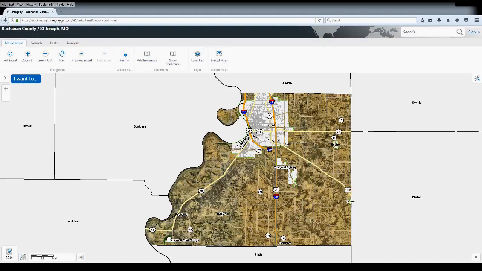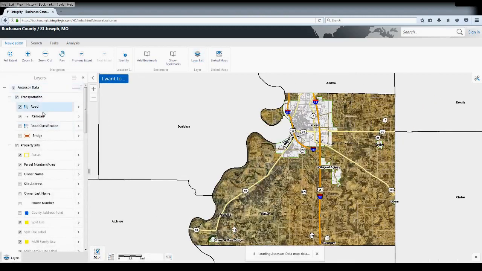In this training demonstration, we'll be focusing on the layer list functionality within our Integrity WebGIS platform. Now, you can access the layer list a few different ways. Probably one of the simplest ways is, you're going to see on the navigation tab here, all the way over on the right, there's a button that says Layer List. I can simply click on that, and it's going to open up the layer menu over on the left